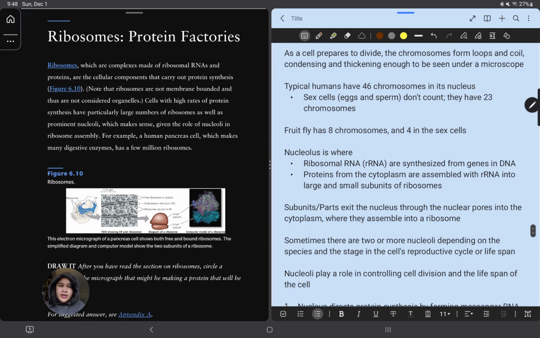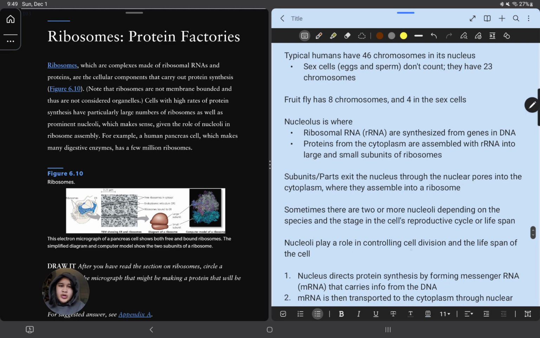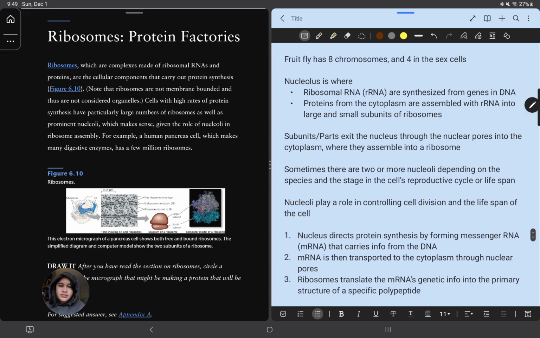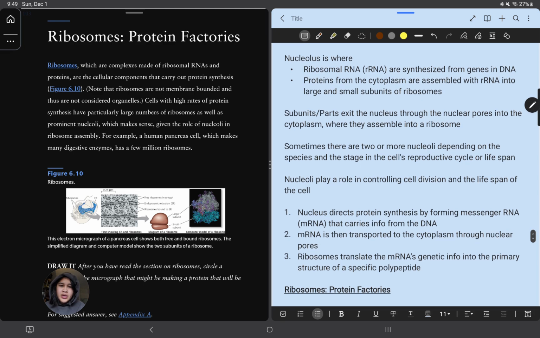As a cell prepares to divide, the chromosomes form loops and coil, condensing and thickening enough to be seen under a microscope. Typical humans have 46 chromosomes in the nucleus, and sex cells, eggs and sperm, have 23 chromosomes. A fruit fly has 8 chromosomes and 4 in the sex cells. In comparison,